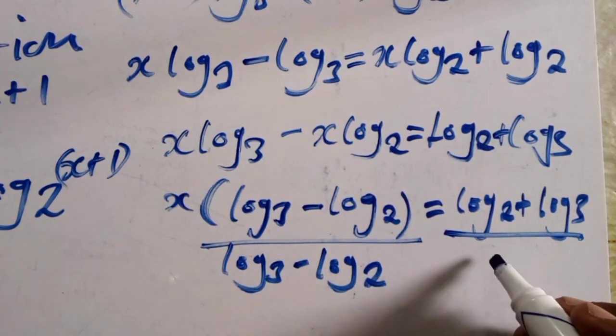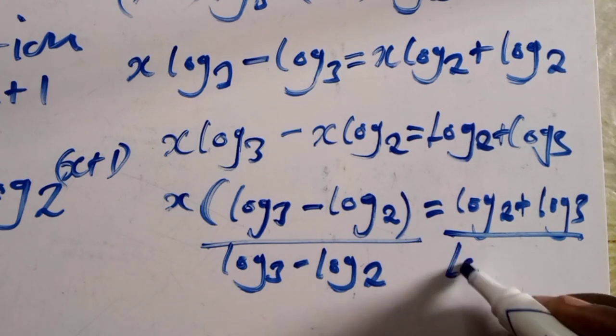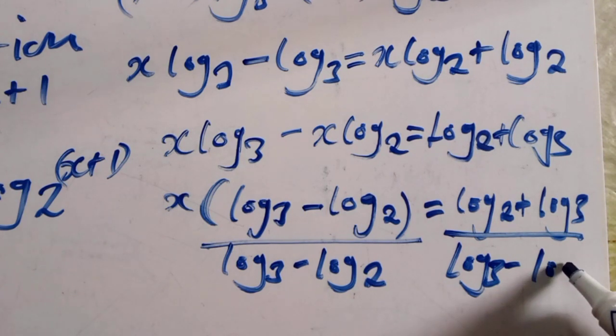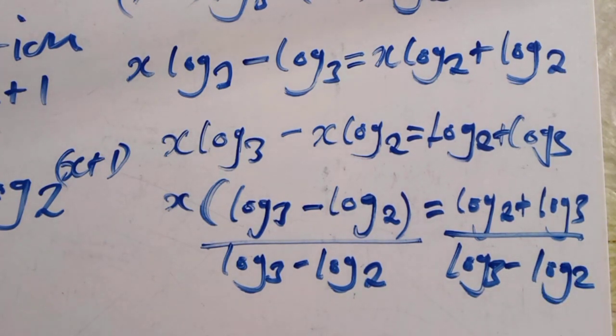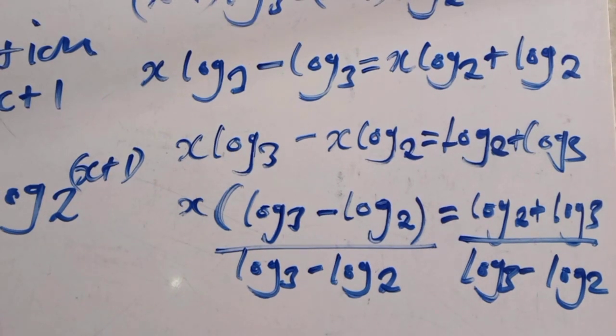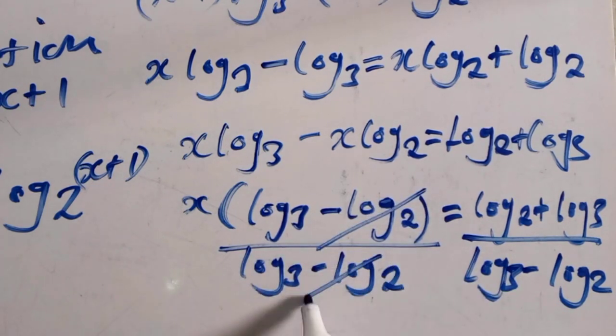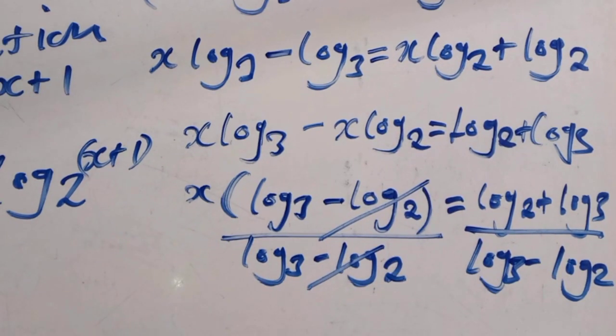Even this side, log 3 minus log 2. So let's take it here. If you can see, here we cancel and this one we cancel, then we remain with x equals